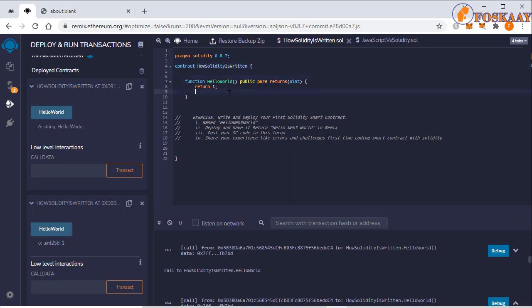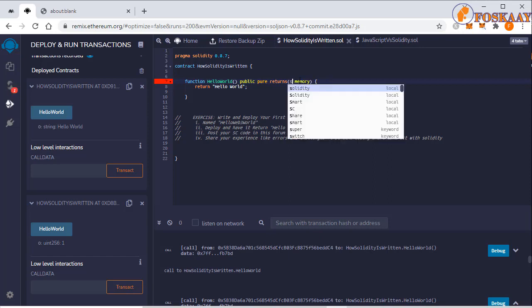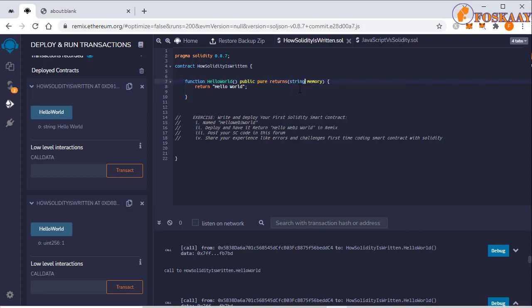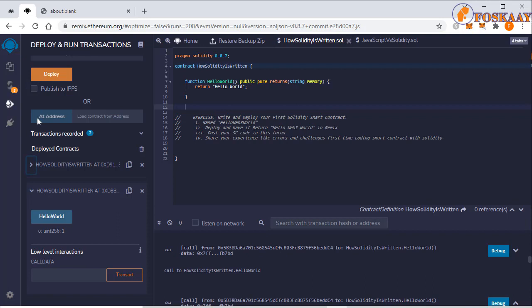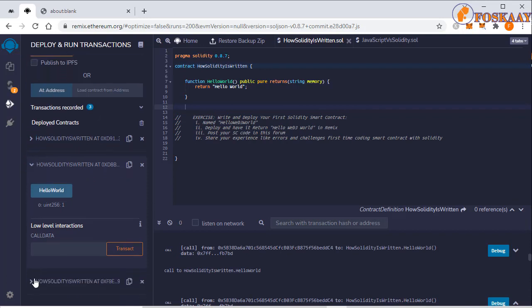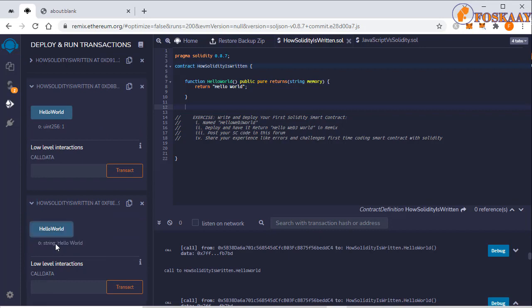I think we will revert this, so that in case of the uint memory error, this will have to return back to string to remove the error. So that's it. That's done. So if we deploy it now, that's the third smart contract. Then the second one, we deploy it now. The third one, we get back our hello world. So now back to